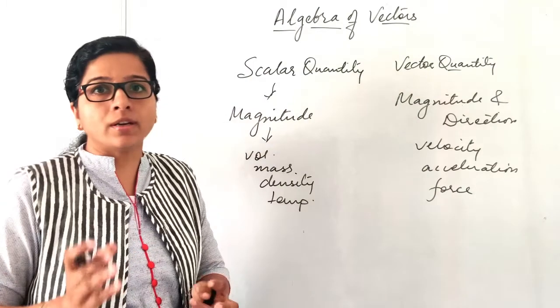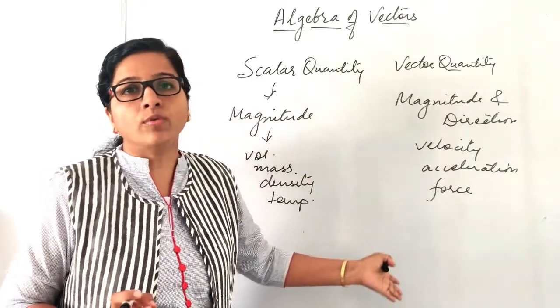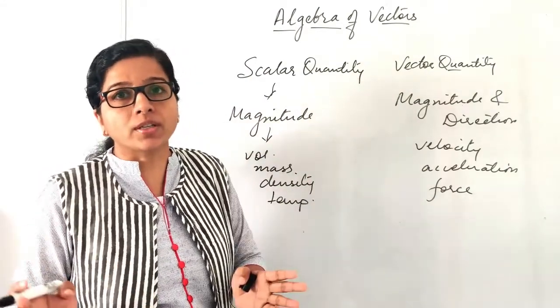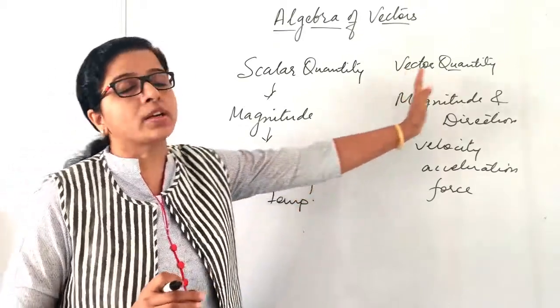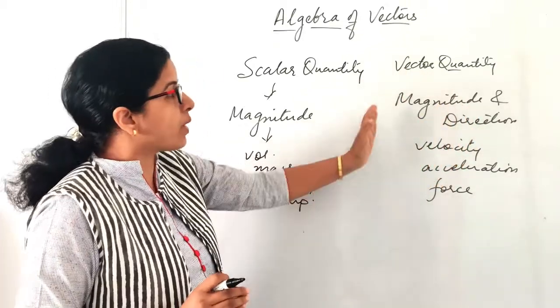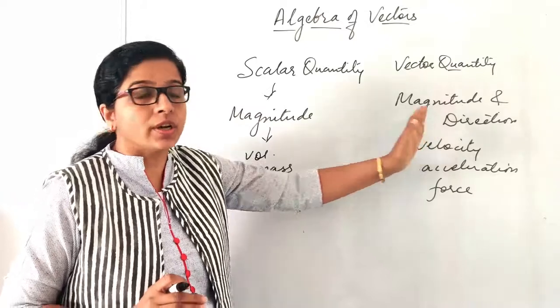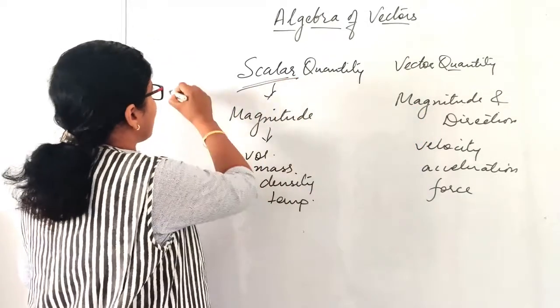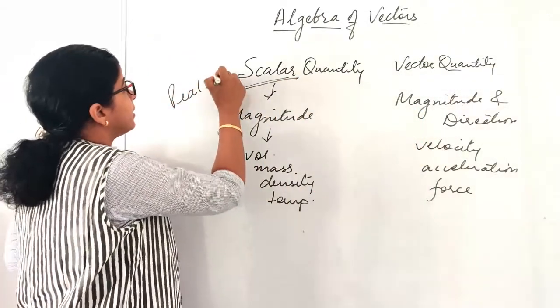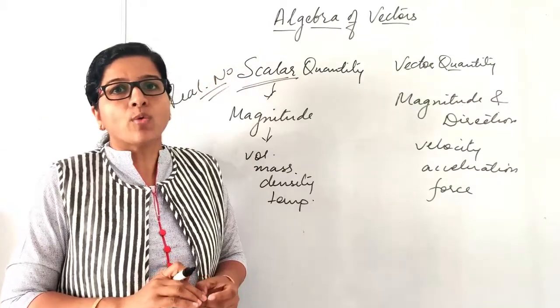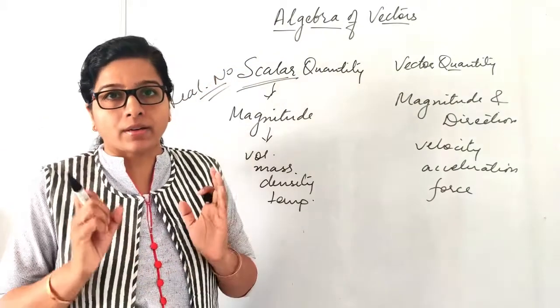You might have heard in physics, upward force, downward force, tension, upthrust. So all these are vector quantities, right? So they require magnitude as well as direction. When the term scalar comes, it means we are dealing with real numbers. Now let us check exactly how to denote a vector, right?